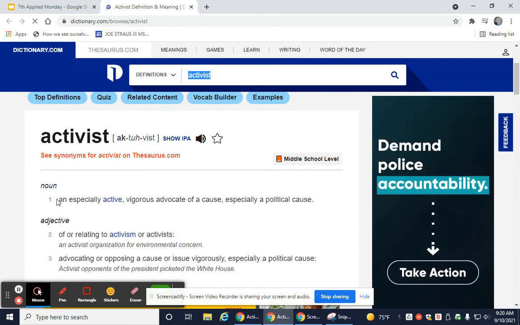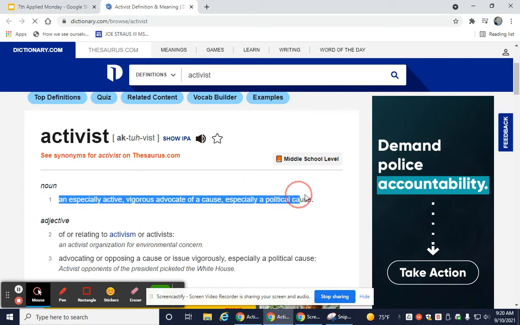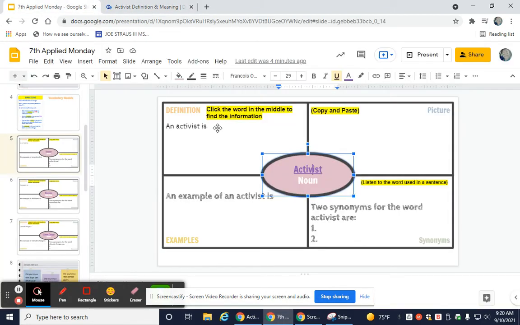Oh, here it is. So you will copy and paste that definition here. You can also type it yourself. It is totally up to you if you don't want the fonts to look wonky like that, but I'm totally fine with you copying and pasting it. After you do that, you're going to go back, and I suggest that you do the synonyms next